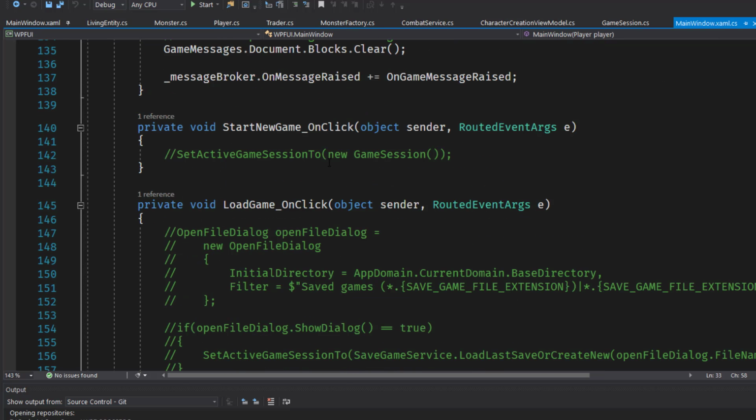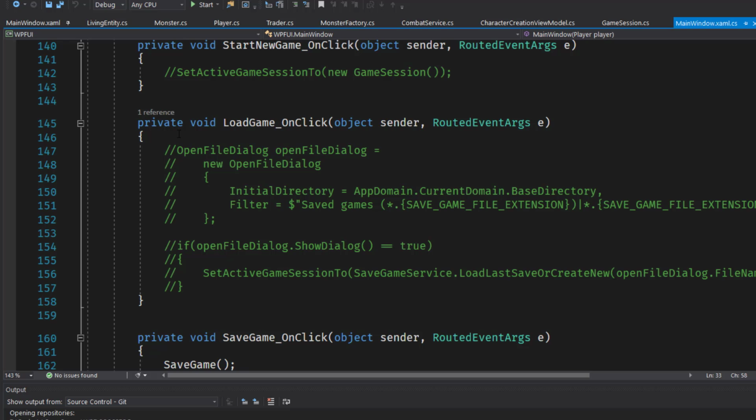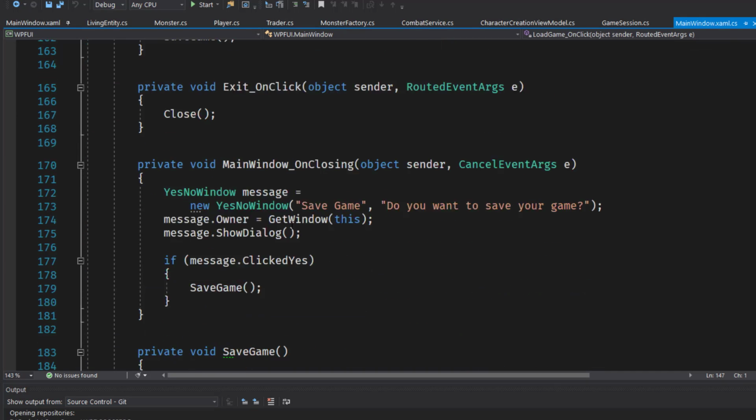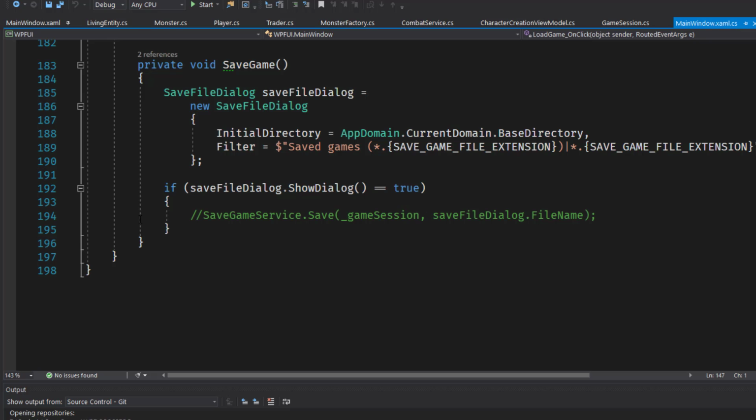So we need to go down to line 142 in the start new game and comment this out, the set active game session. In our load game function, we need to comment all those lines out. And then in the save game function, we just need to comment out line 194 so it doesn't try to